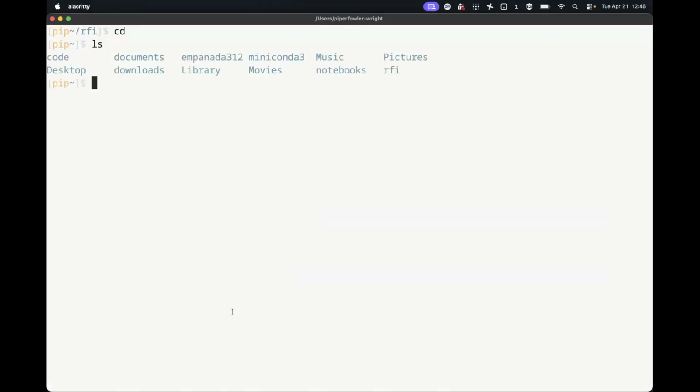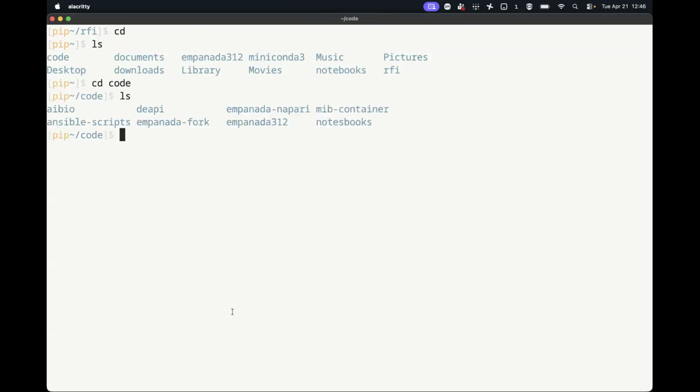So I'm on a Mac, and I'm going to make a notebook directory. But what I'm going through should work on any Mac in the terminal, any Linux machine, or if you're on Windows, you can just basically use any Unix compatible application, for example, Windows Subsystem for Linux or